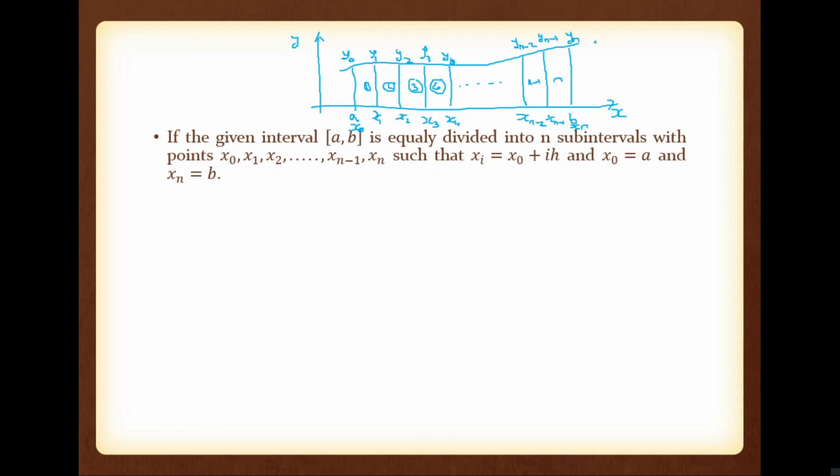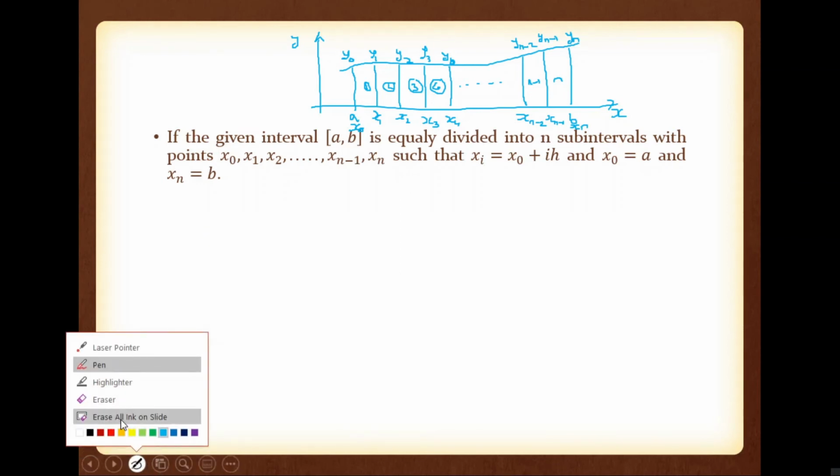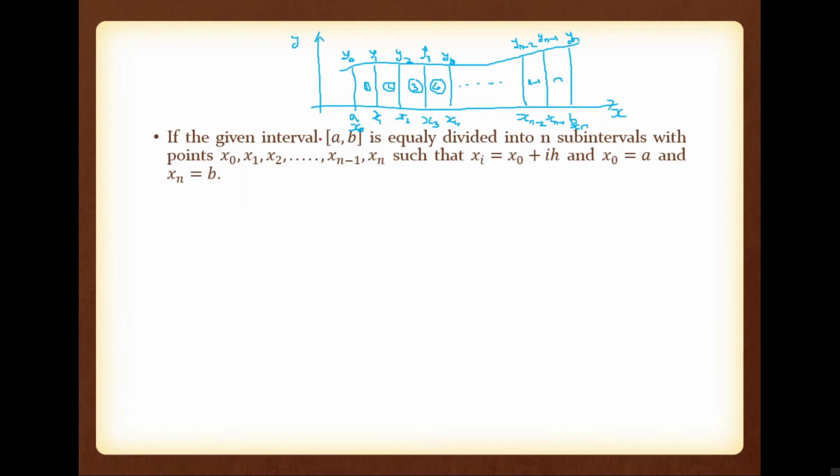So now we are going to consider the first two sub-intervals. Combine the first two sub-intervals, that is these two. Then what is the interval? This is integral x0 to x2, right? In this integral, how many points are there? x0, x1, x2. So we can apply Simpson's one-third rule, right?